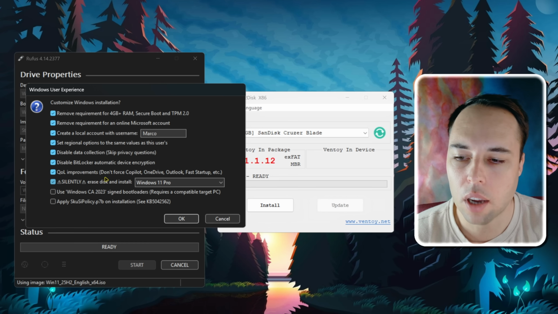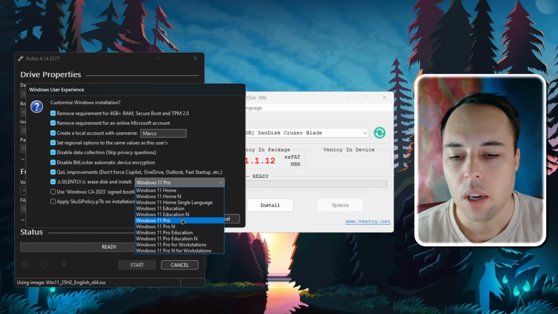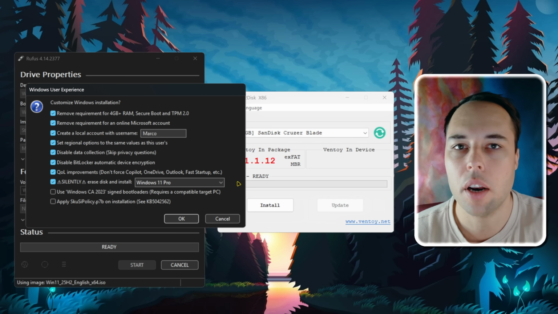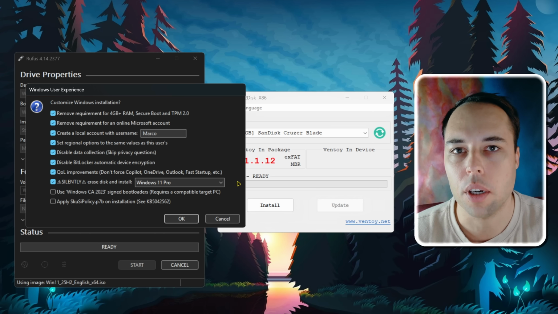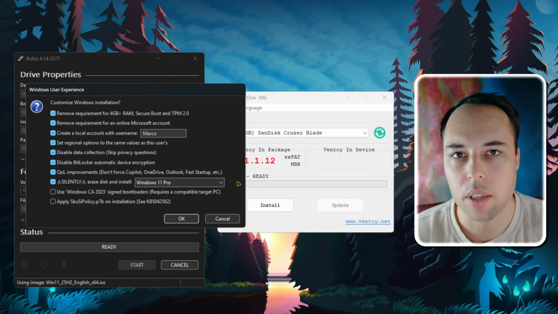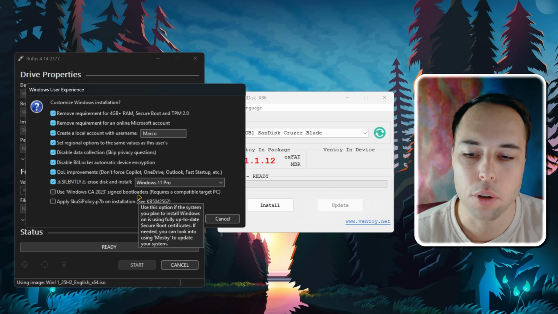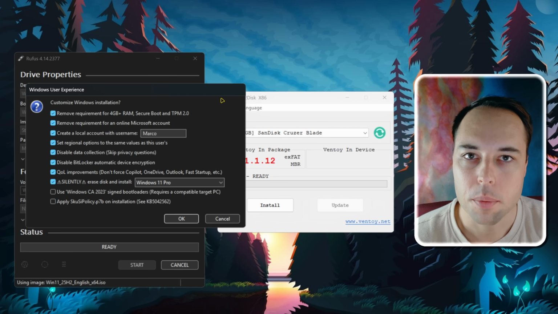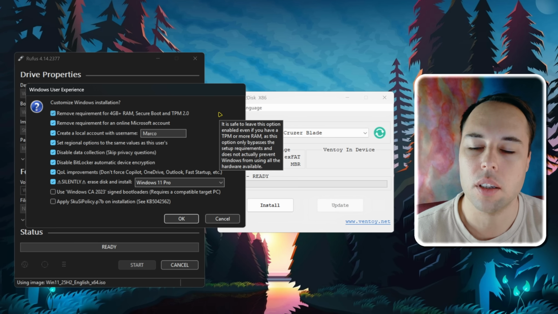Then you can also silently erase the disk and install a specific Windows version. So this is all to automate the Windows installation process so that you don't have to click through all of those screens to select your drive, select which version of Windows you want to install, and all of that. It's basically automating the Windows setup process. And then they've also got two security options here to use signed bootloaders on this Windows installation that you're going to be creating.